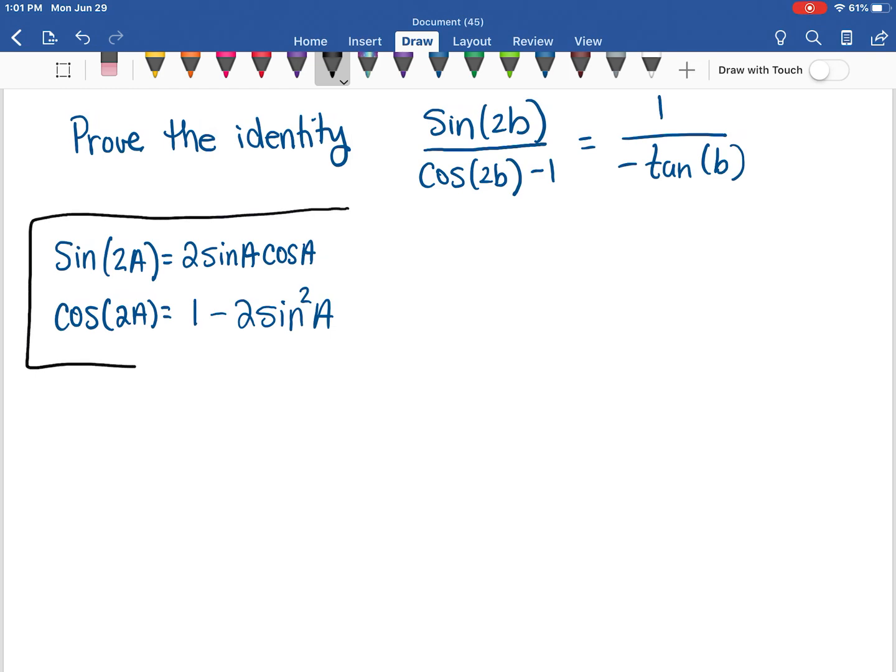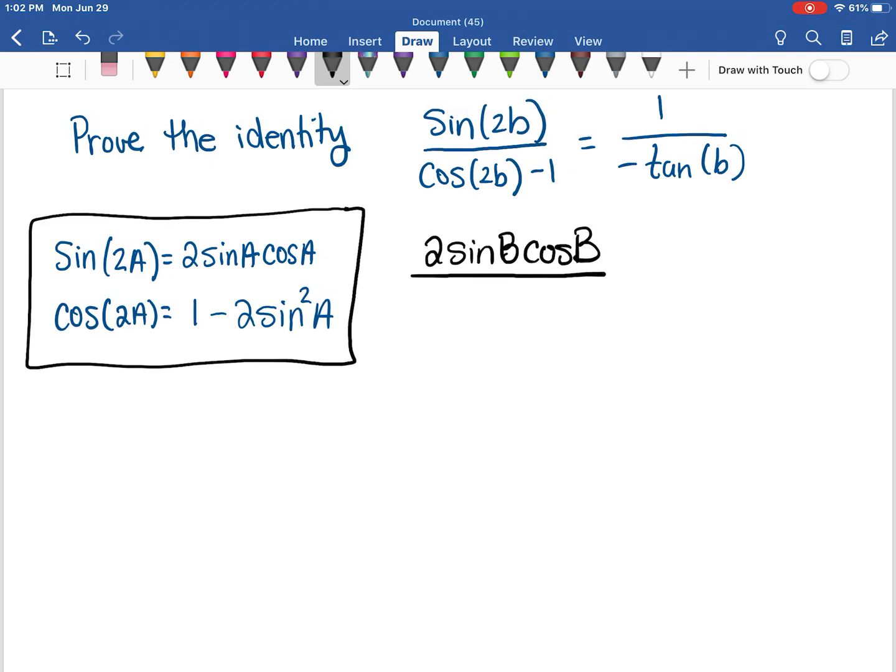However, these are the ones that I am going to use through this example. But if you choose to use something different, that's totally fine. Okay, so the first step is I'm going to replace sine of 2b and cosine of 2b using double angles. I'm going to rewrite it using an expression for double angle. So on the top, for sine 2b, I'm going to replace it with 2 sine b cosine b